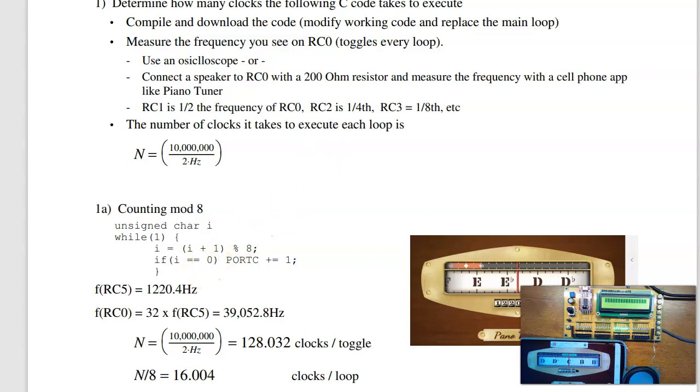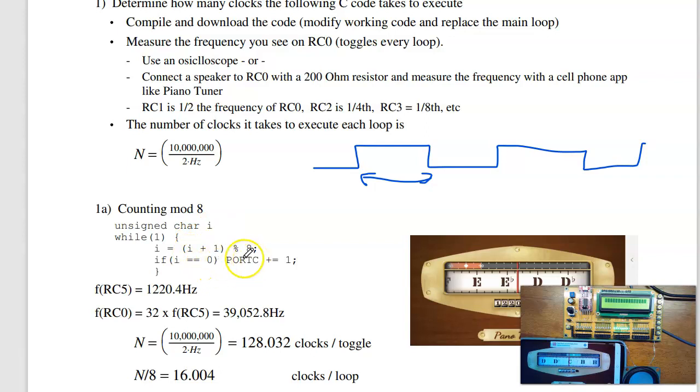In this case, I'm going to tie it to a speaker, because if you tie it to a speaker, I can sit there and see the frequency that's coming out. In that case, the number of clocks between toggles is going to be 10 million divided by 2 divided by hertz. So for example, if you want to know how long does it take to count mod 8,